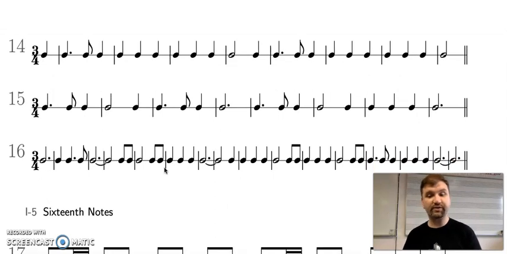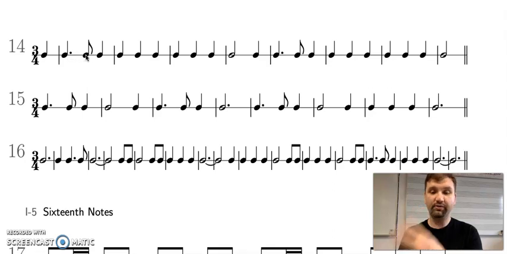Number 14 is in 3/4, and like our previous video examples, we see it starts with an upbeat because that's the last quarter note in a 3/4 measure. It will be on beat 3, so it'll be 3, 1. This 1 includes all of beat 1. The dot represents the first part of beat 2, and then this eighth note is the and of beat 2. So this measure would sound like